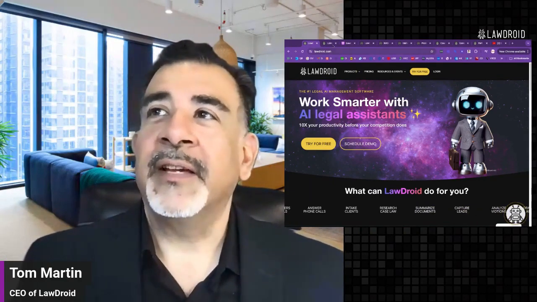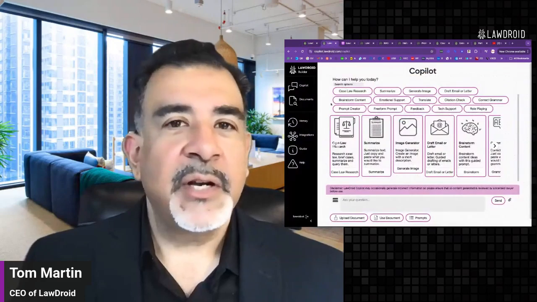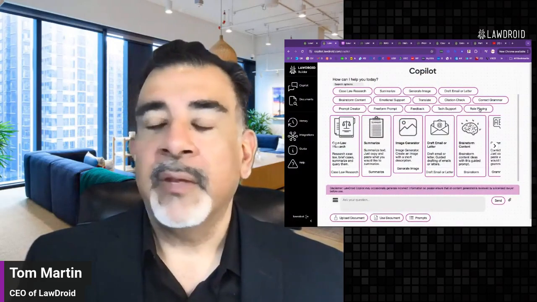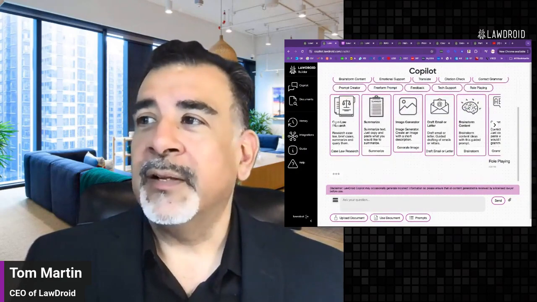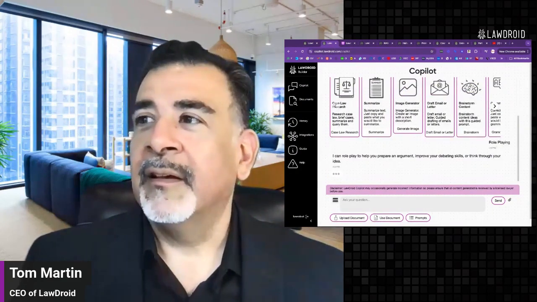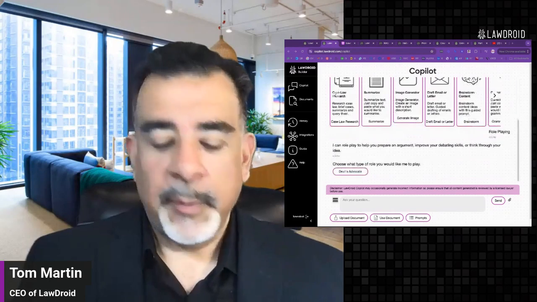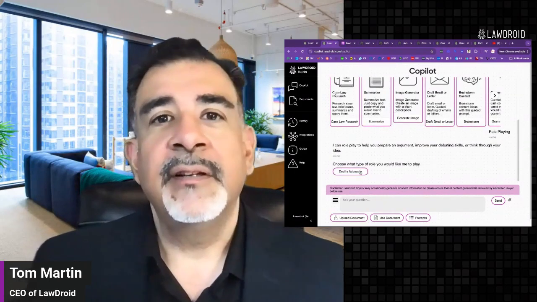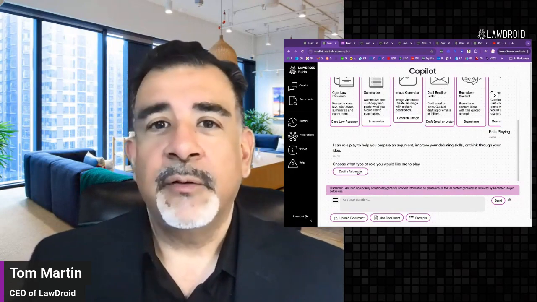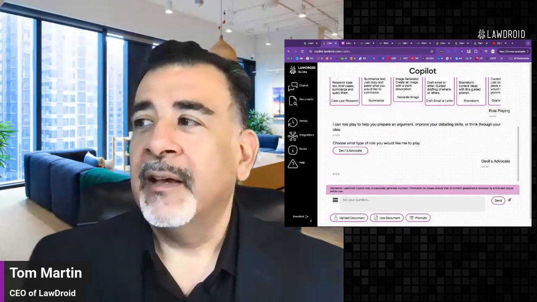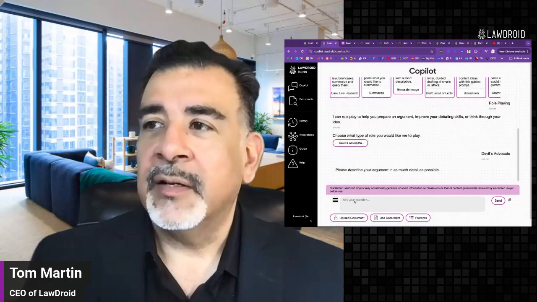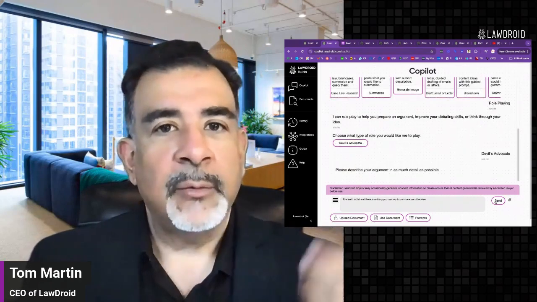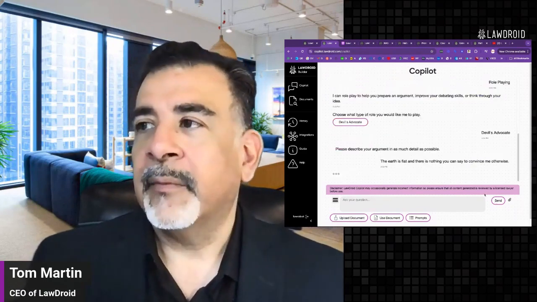So first off, I'd like to jump into Copilot and share with you a couple of new features we've added. The first, as you'll see here, is role playing. If we click on that, we can ask Copilot to take on a role. In this case, we have Devil's Advocate as the first edition. If you have any suggestions, let me know for additional ones. And the way it works is you click on Devil's Advocate, you state a position, and then Copilot will take the opposite point of view.